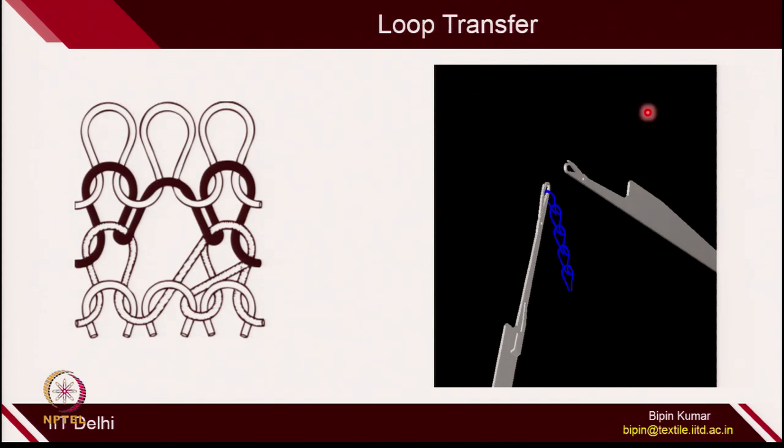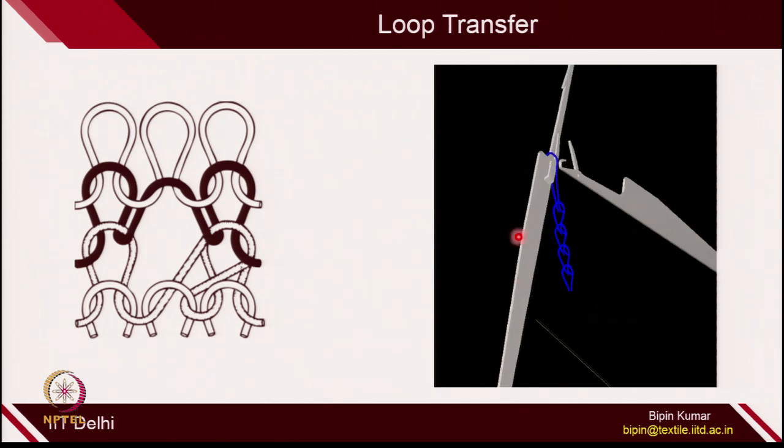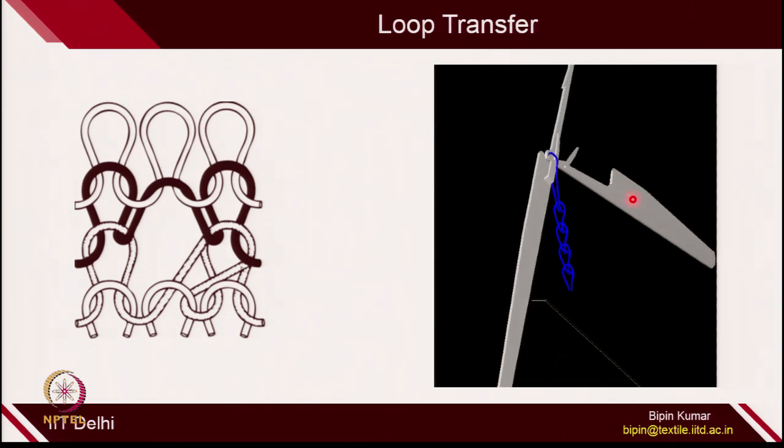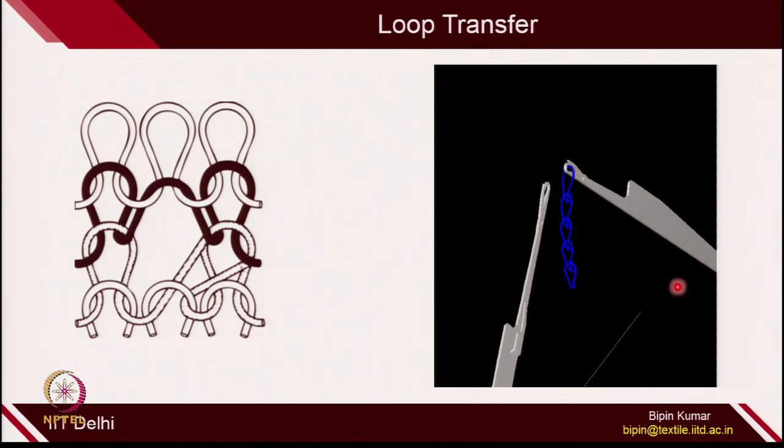The other innovation was the possibility of loop transfer. Loop transfer is nothing but transferring the loop from one bed to the other bed. Here you can see one of the needles from the front bed is shown to you, and the back bed is having no loops. So, you can transfer the loop from one bed to the other bed. You can see the needle raised and then the loop has been shifted from the front bed to the back bed. This is how loops can be transferred.